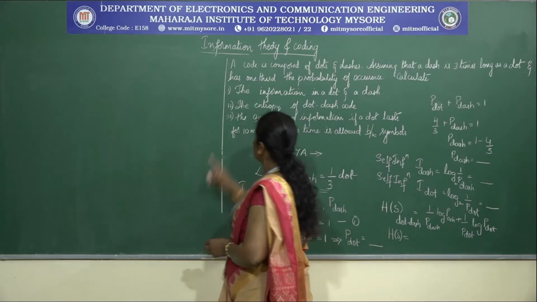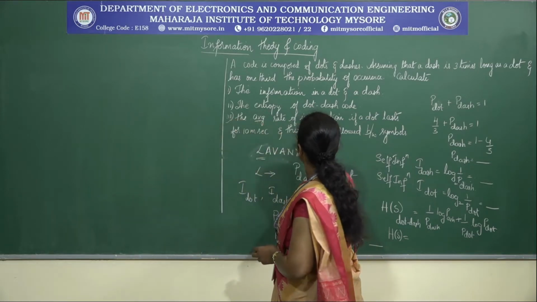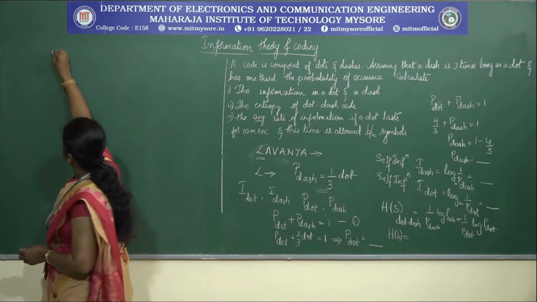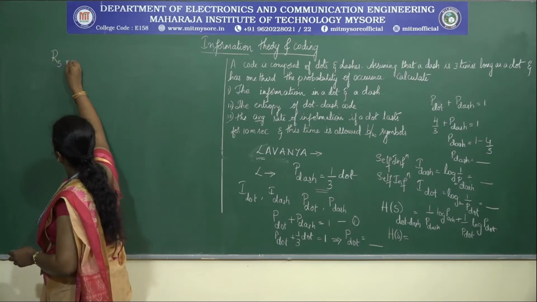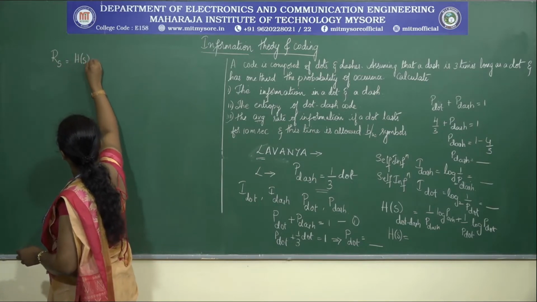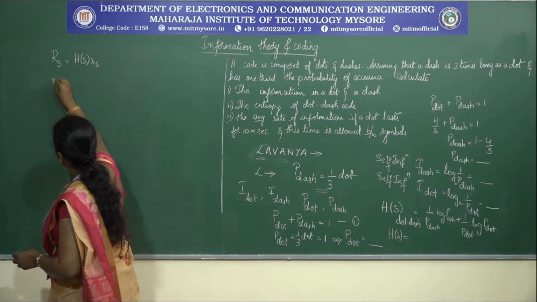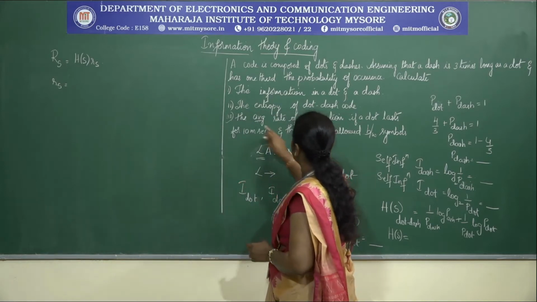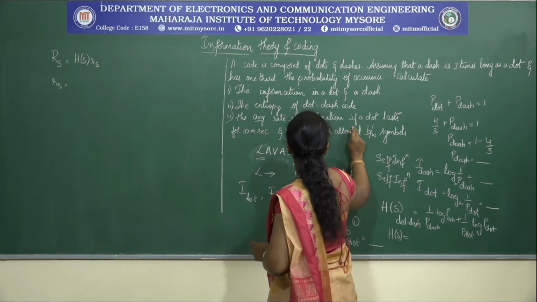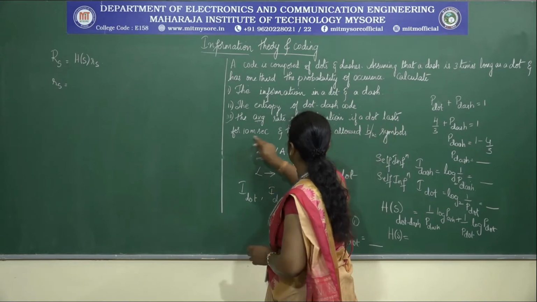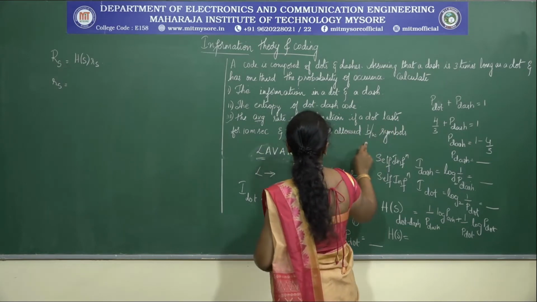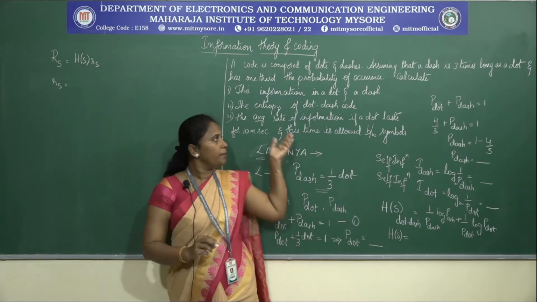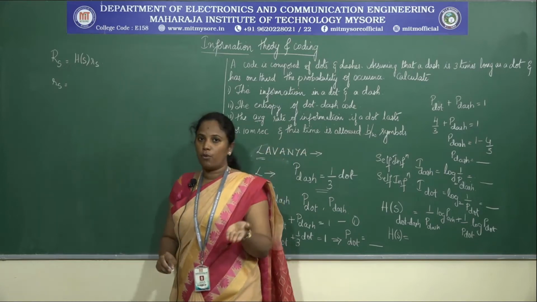After calculating the P dot as well as the P dash value, that gives the entropy of the dot and dash code. Next we need to find the average rate of information. The average rate is once again RS, and RS is given by H of S into RS. Now we need to calculate RS. They have told us the average rate of information if a dot lasts for 10 milliseconds and this time is allowed between symbols. So how many symbols do we have in the problem here? We have totally 4 symbols.